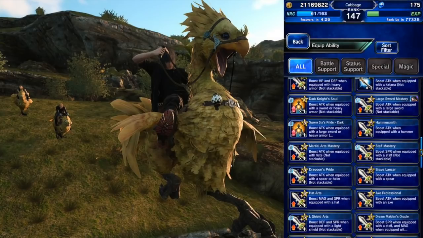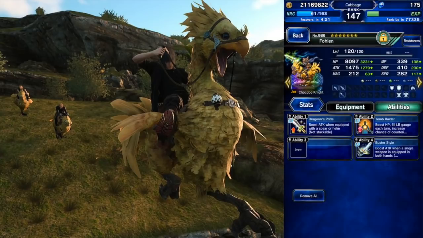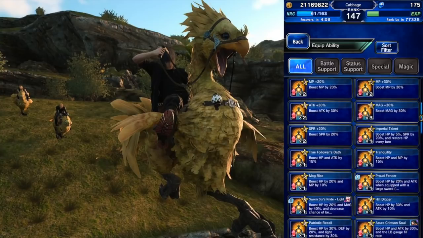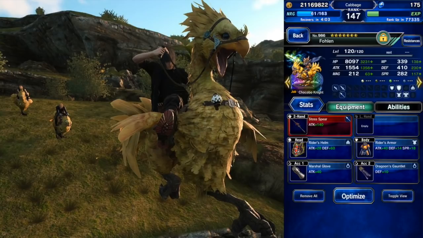And then we can do the, let's see, Dragoon's Pride. That will be 60% attack with that. And then here, Sworn Wind would be good. 50% more attack with the Spear, and then 25% jump multiplier. Which is not very high, but better than nothing. But we'll just do attack 40, so yeah, 1500 attack with Fohlen. That's pretty good for a true double hand, I guess. We could also do